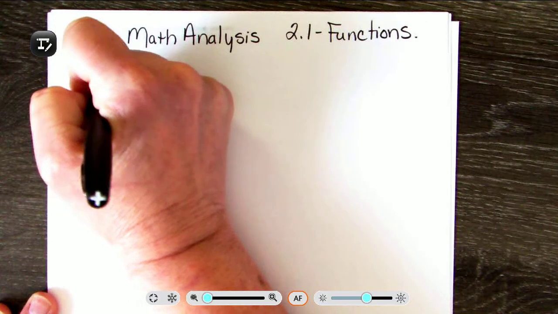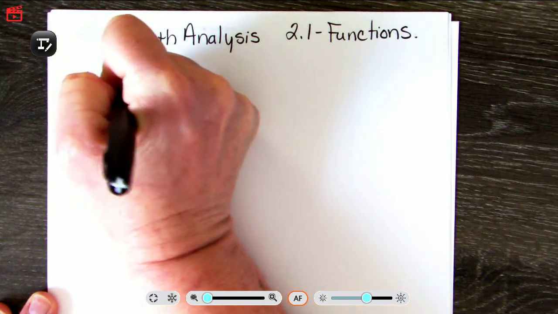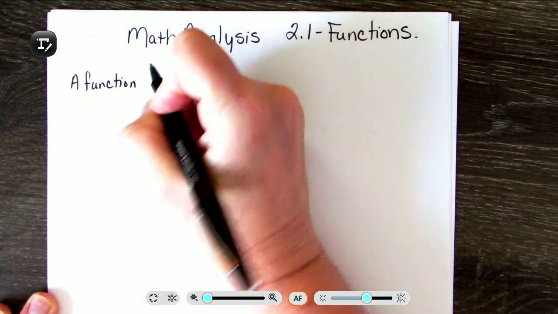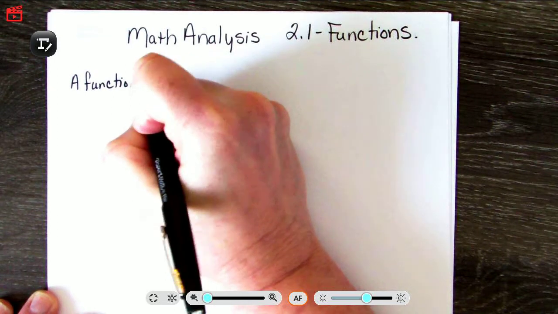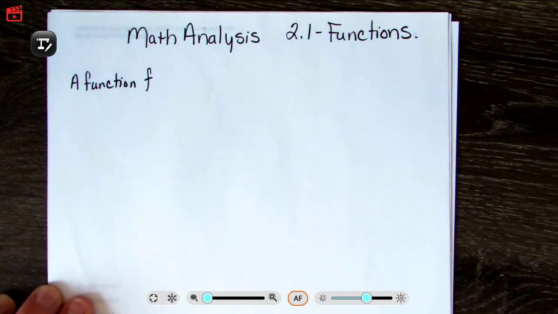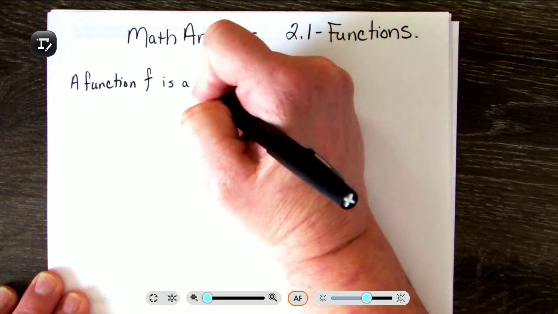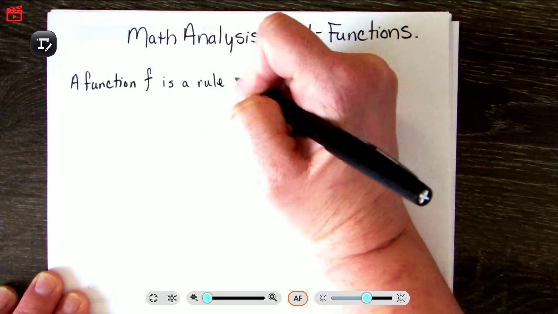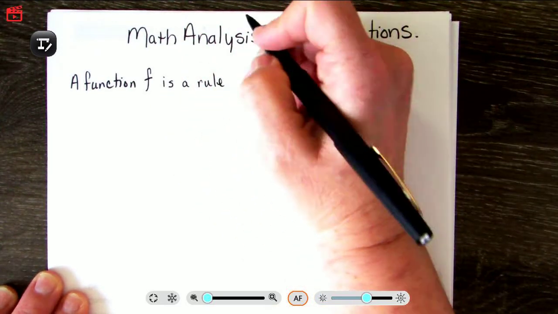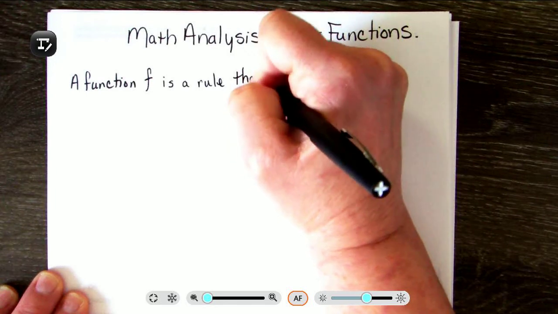A function, and a lot of times we give these functions names. We like to use letters. One of the most common letters for a function is the letter F, G, H, whatever name you want to give it. And it is a rule, usually a formula of some sort, that assigns